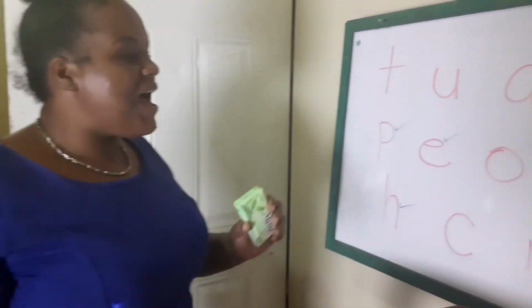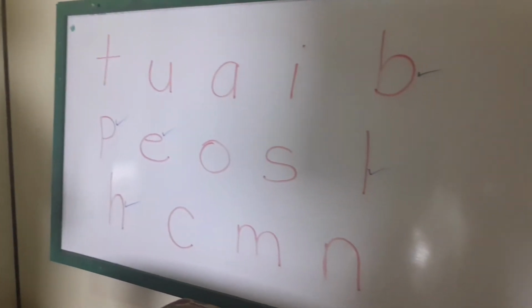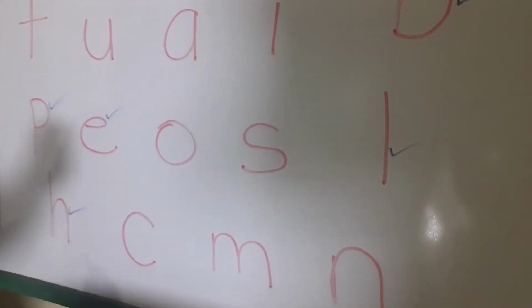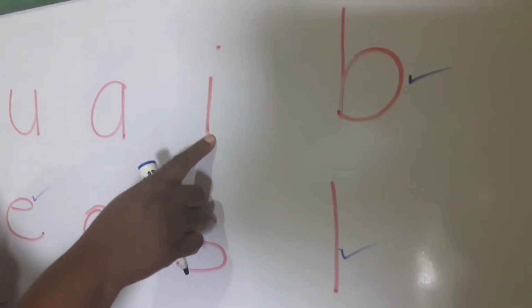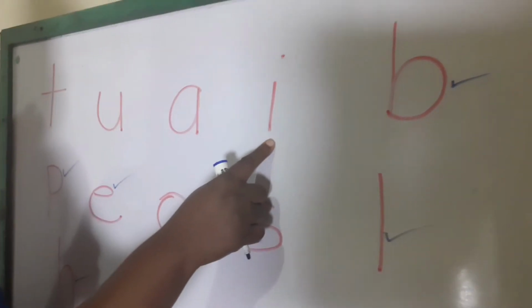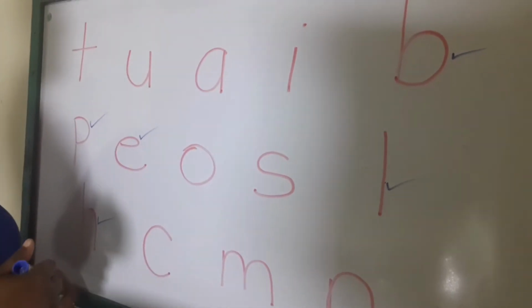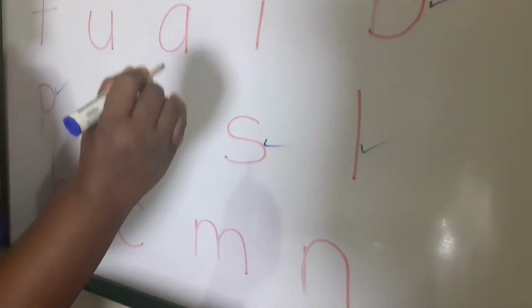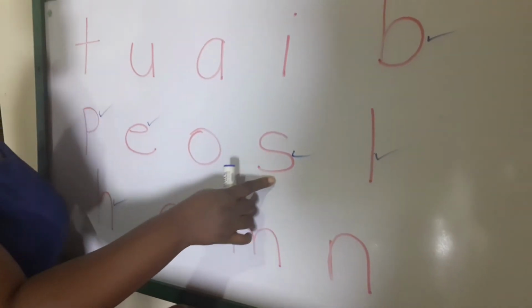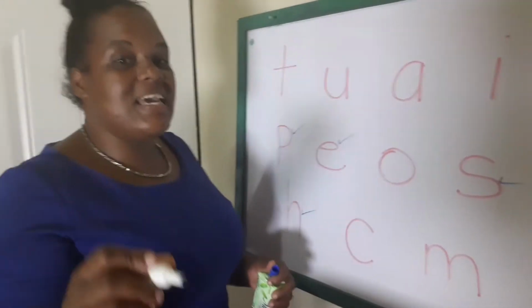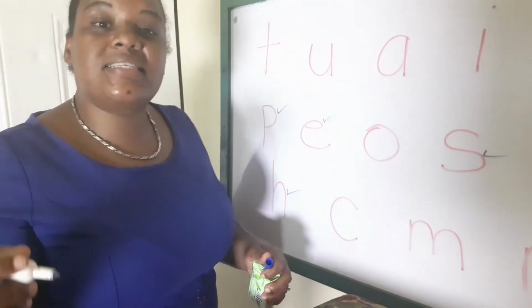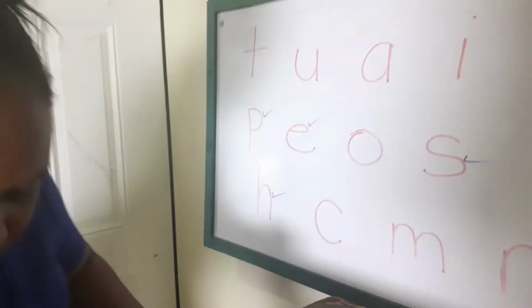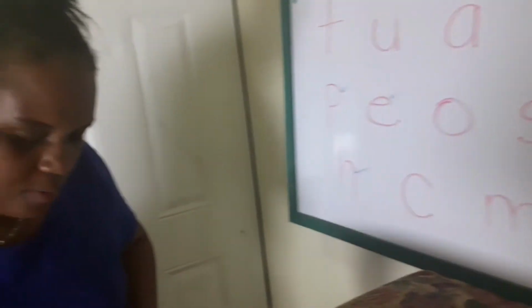sound. So let's find the letter on the board that begins with the sound. Am I correct? Is the letter I making the sound? I don't think so. The letter S says S. So say after me. The S says S for soap and snake. All right, let's move along and we're almost finished.